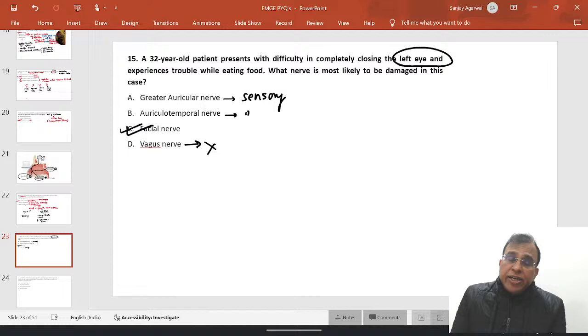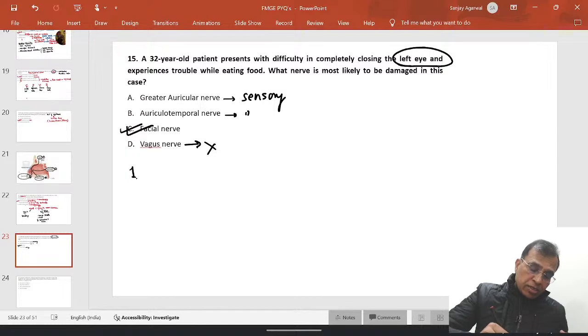Now, the facial nerve from the ENT point of view is the most important cranial nerve that they ask in the exam. Everything about the facial nerve is very important. From the ENT point of view, you have to know about 4 branches of the facial nerve. Which are the 4 branches out of the 7 branches of the facial nerve that you should know? One is